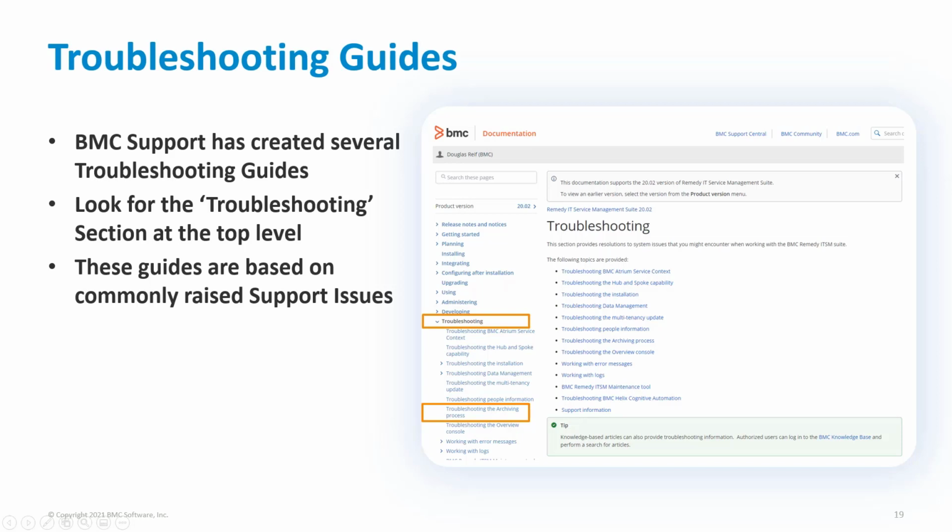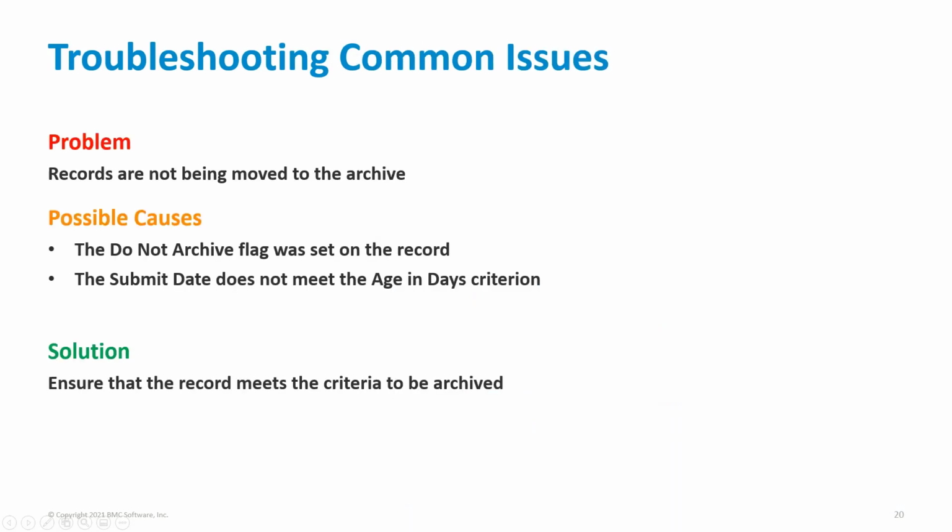So if you click on the Troubleshooting the Archive Process link there, you'll get some troubleshooting guides specifically for archiving. And now I want to actually walk you through some of these troubleshooting steps. So let's look at a scenario where records are not being moved to the archive. So maybe you've enabled archiving, you're expecting it to work, and you're just not seeing records show up in the